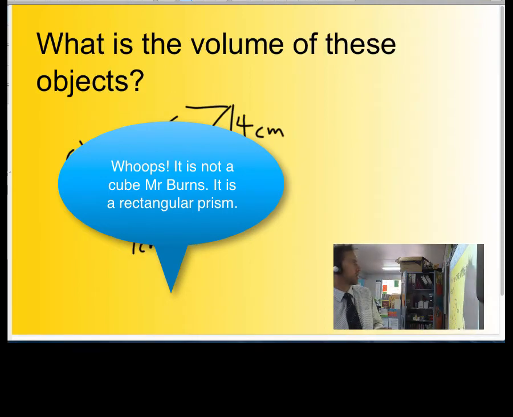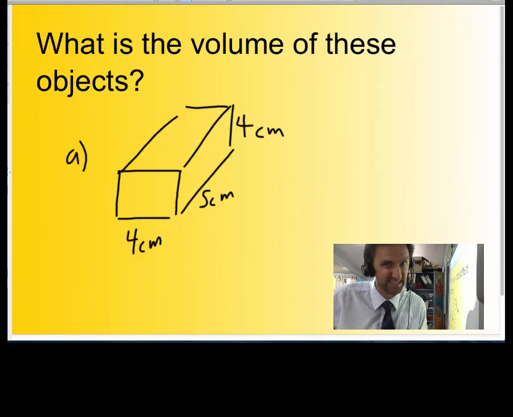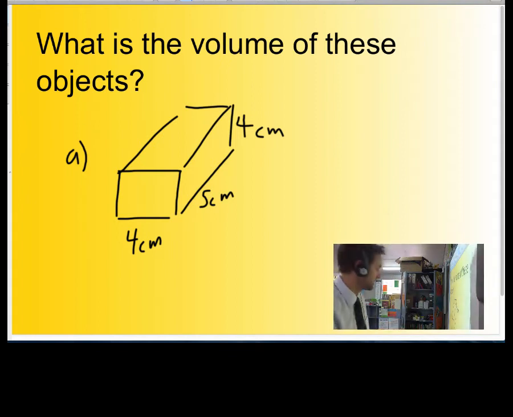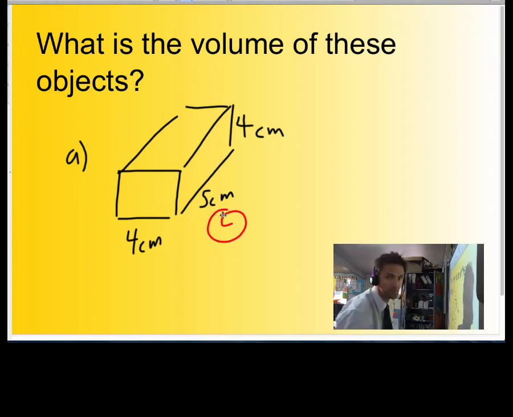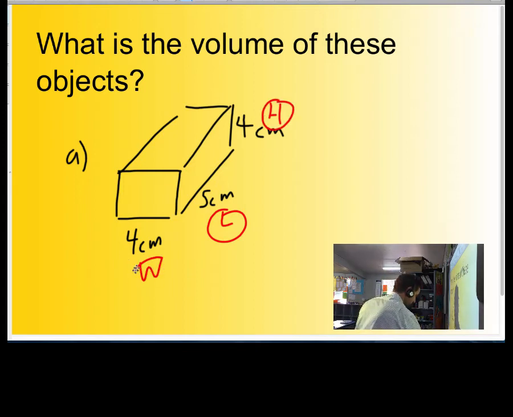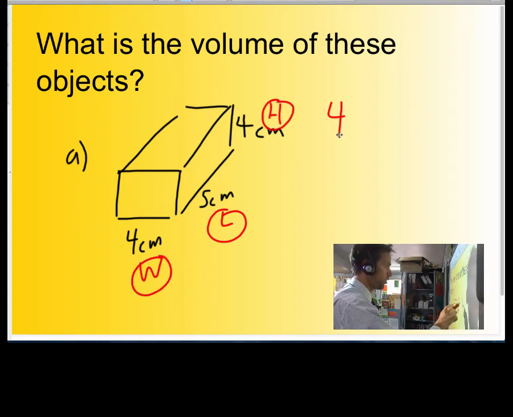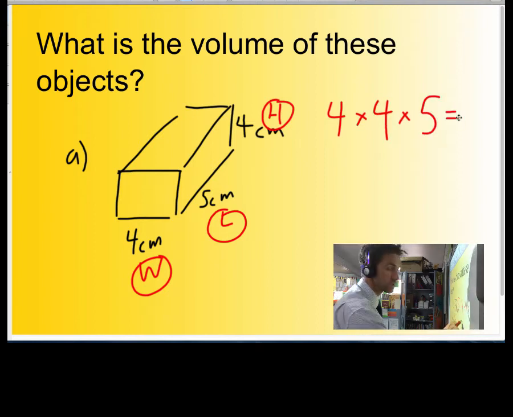Let me show you this one. What is the volume of this object? Well, it's easy, guys. You've just got to times, once again, the length, by the height, by the width. So your sum should be 4 centimeters times another 4 centimeters times another 5 centimeters, which is 4 times 4